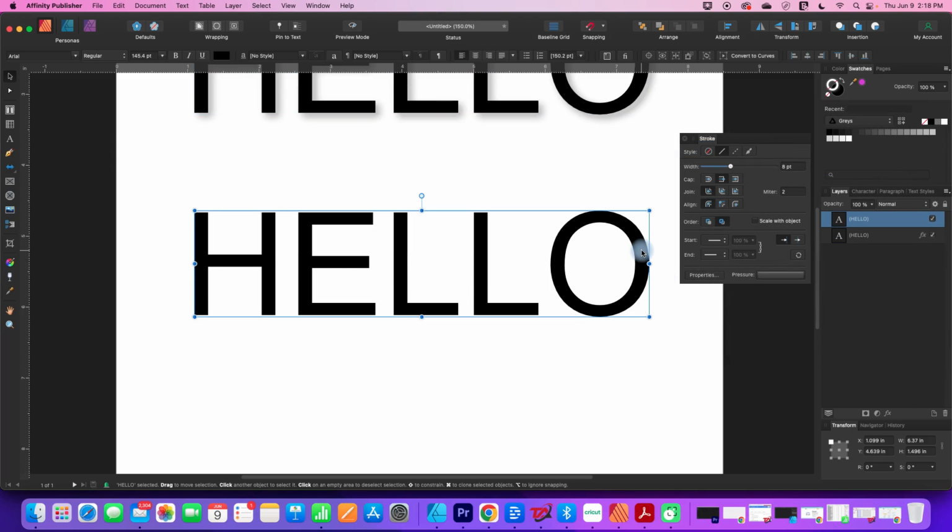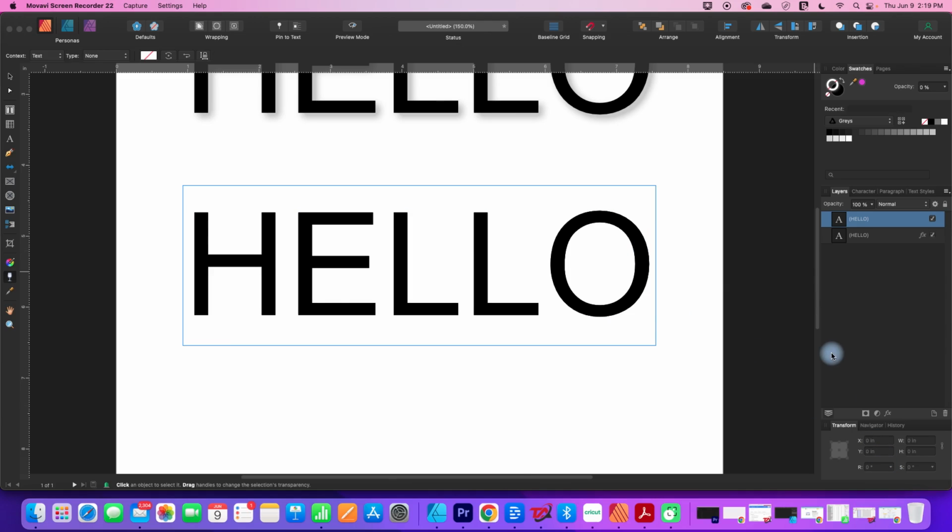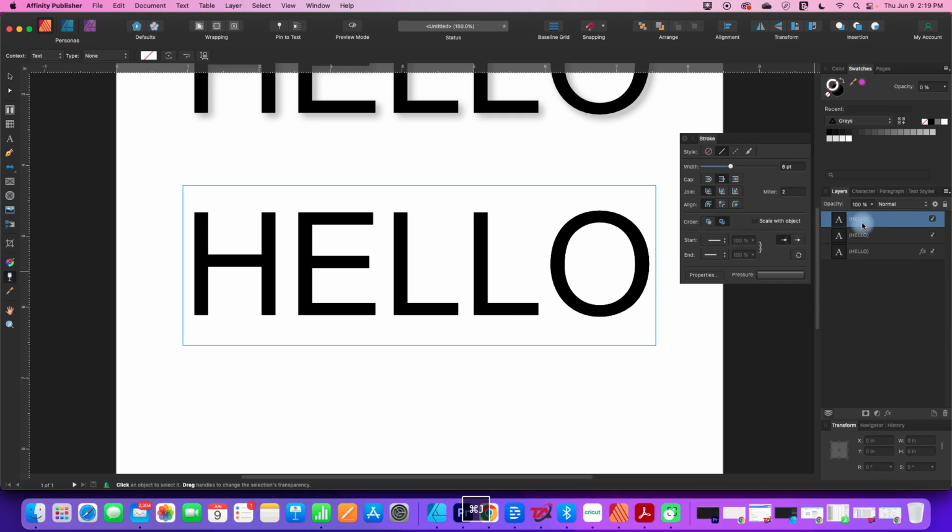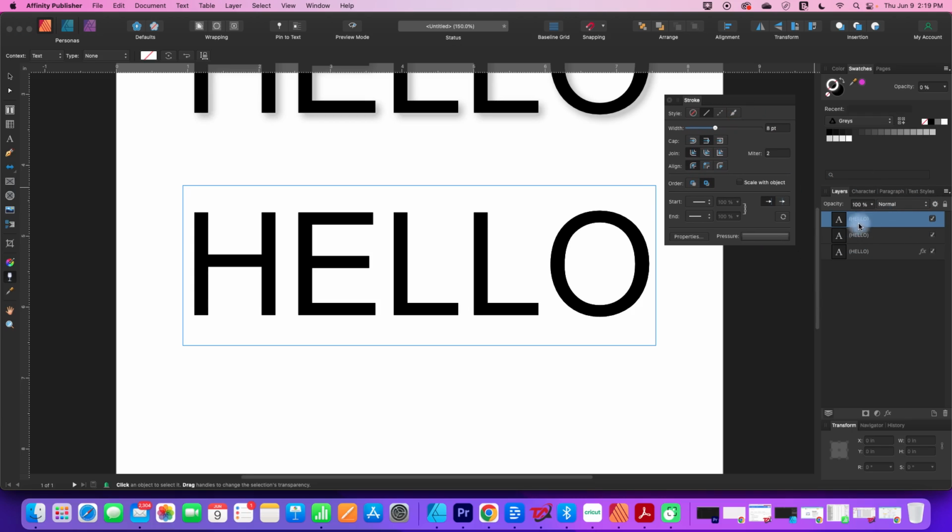The second way to do that is to duplicate our layer. So I'm going to press Command or Control J, depending if you're on a Mac or a PC. And that gives us a second version of it. So I'm going to leave the top one alone, and the layer underneath it I am going to work on.